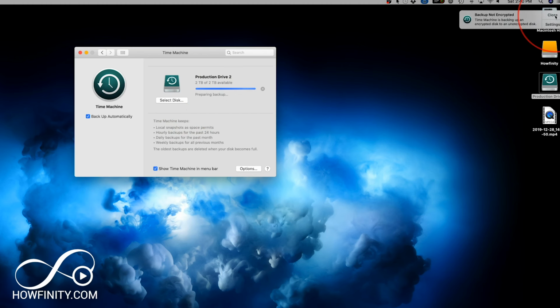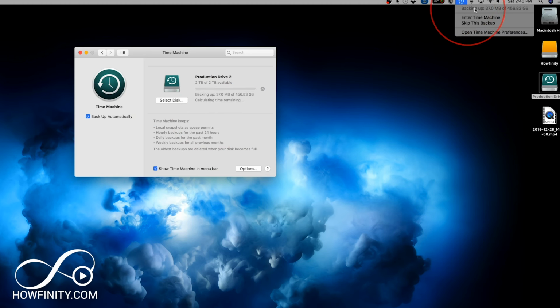Now, depending on the size of your internal hard drive and how much you're backing up, this could take hours. In my case, it's probably going to take hours because my hard drive, internal drive, is almost full. So again, you could come here and see what's going on. It says backing up now, but again, about 0.5 terabyte or 456 gigabytes of information needs to be backed up